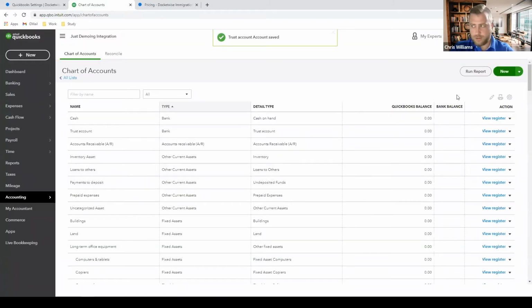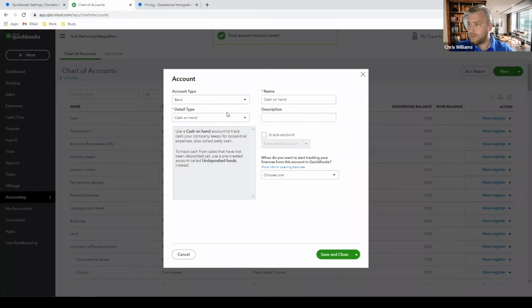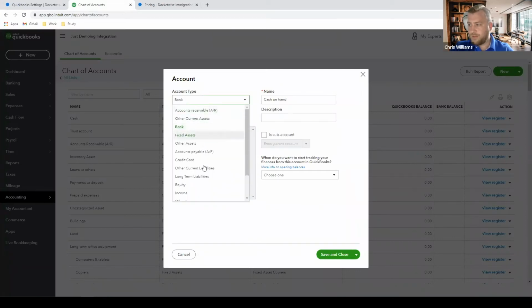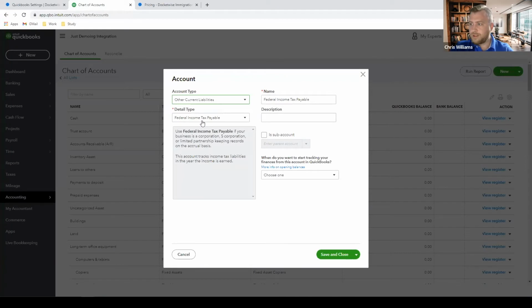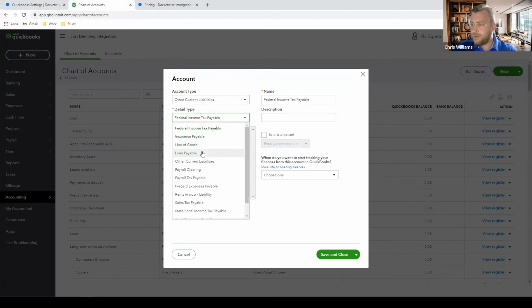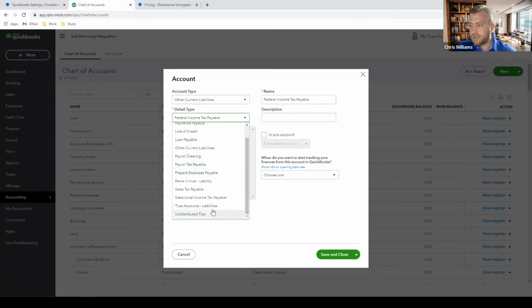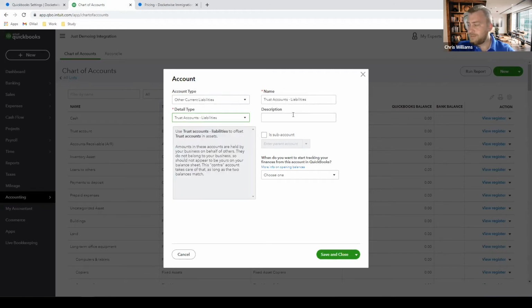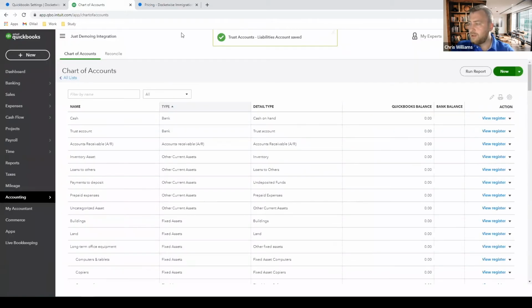And we will make also the trust liability account as well. So we will choose the account type as other current liabilities. And the detail type, of course, will be trust account liabilities. So now we can, of course, save and close this right here. Okay, so now I have both my trust account and my trust liability account both set up in QuickBooks, and